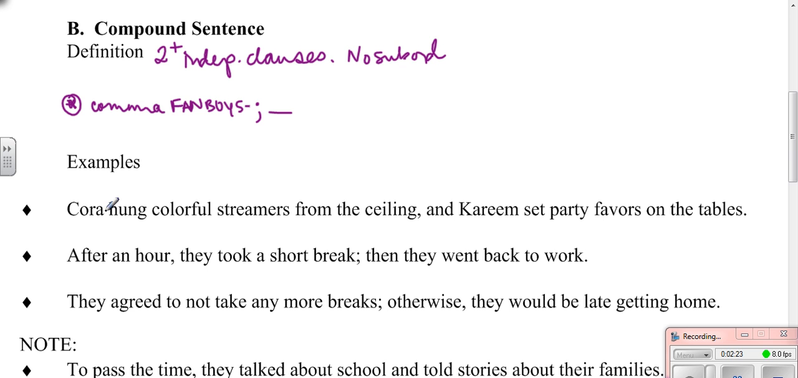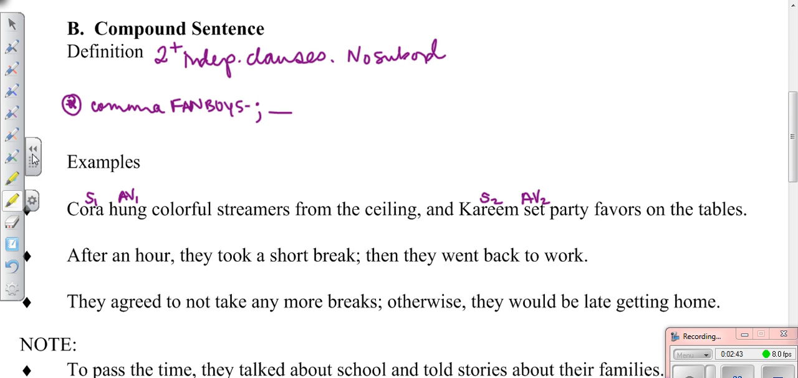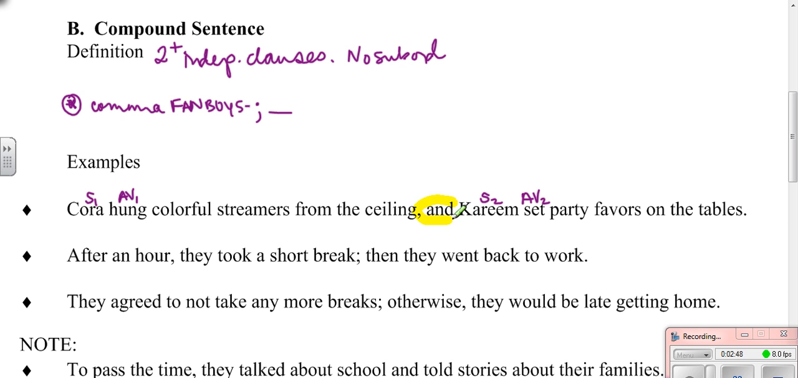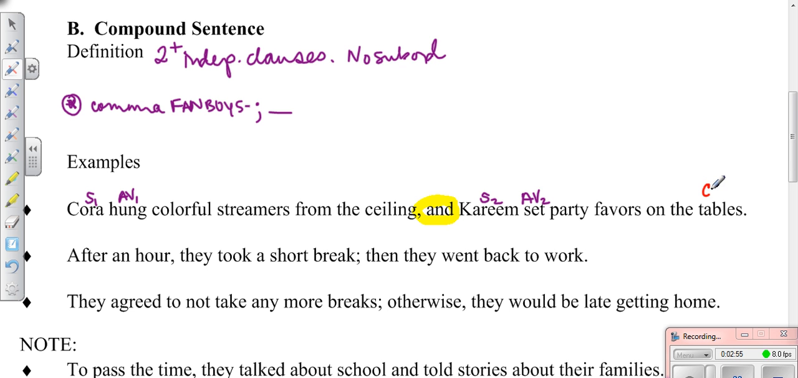So for example, Cora hung colorful streamers from the ceiling and Kareem set party favors on the table. I think it's very useful to go ahead and just mark your subject and verb pairs. Set is your action verb 2, and Kareem set. Now all I have to figure out is, do I have two independent clauses or do I have one independent and one subordinate? And this comma and tells me I have two independents,